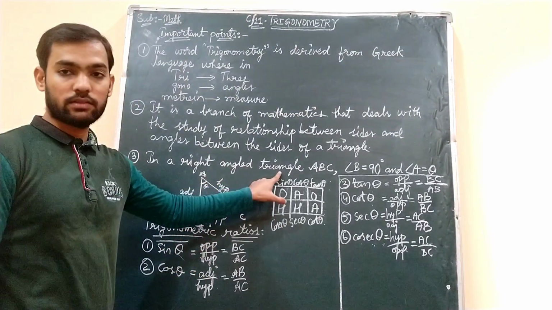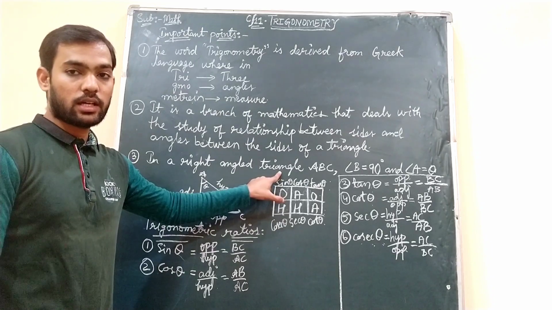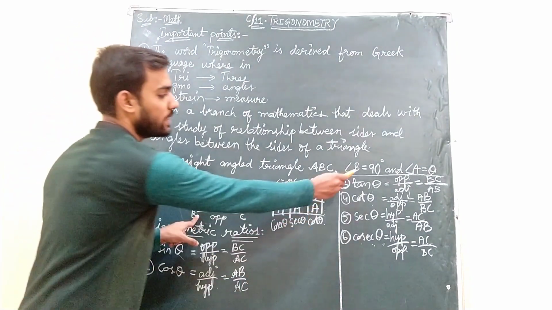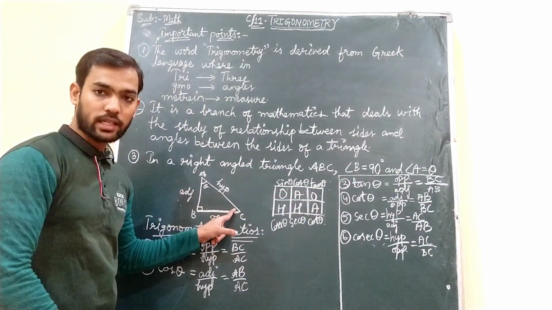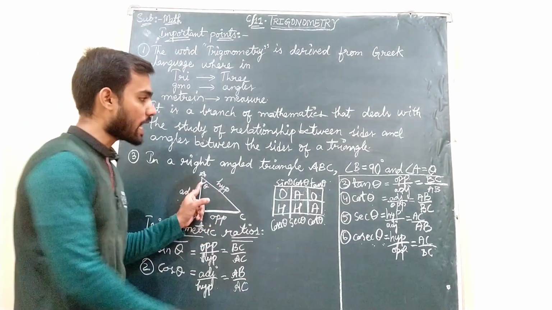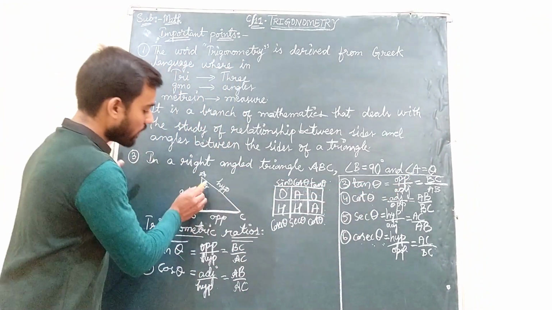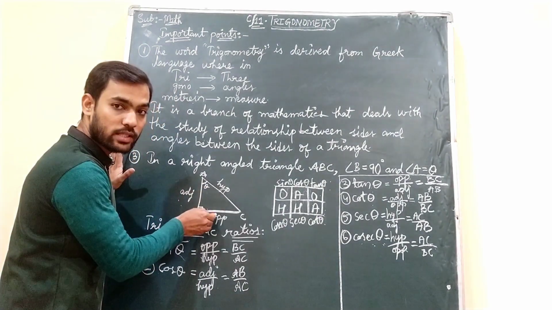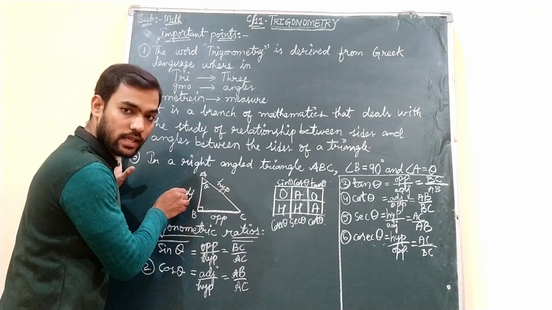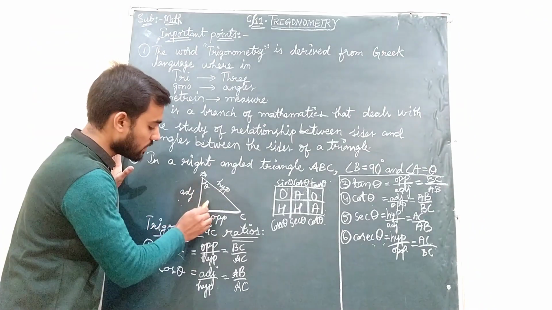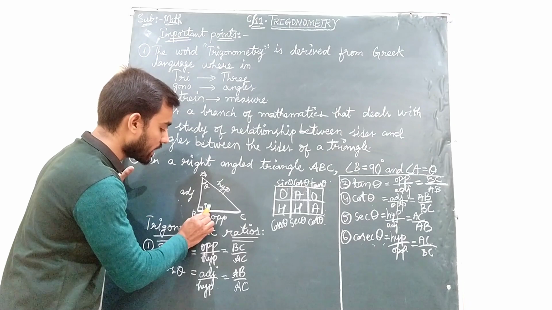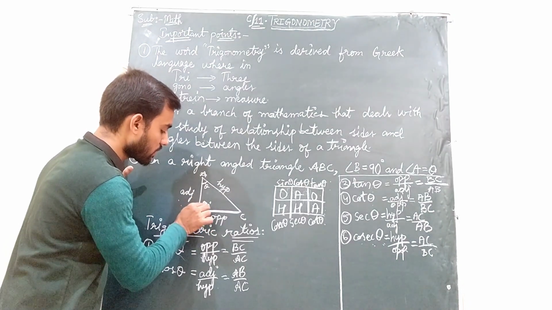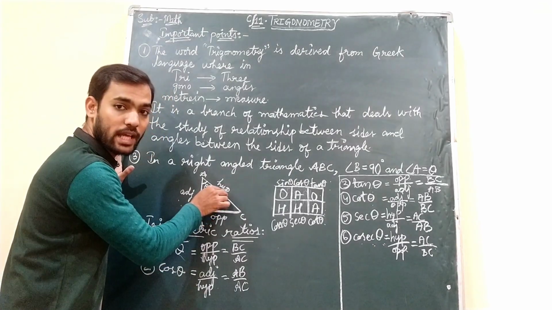Now in a right angle triangle, as I said, we will deal with right angle triangle over here. So I have taken one right angle triangle ABC, in which I have taken angle B is 90 degree and two acute angles are remaining. Among these two I have taken angle A as theta. So if I have taken angle A as theta, opposite to theta this side is known as opposite side, the next side is known as adjacent side, and as this is opposite to this 90 degree angle, opposite side will be hypotenuse.